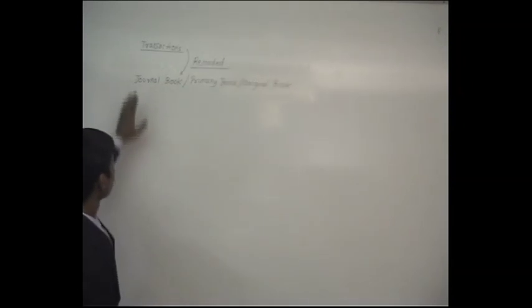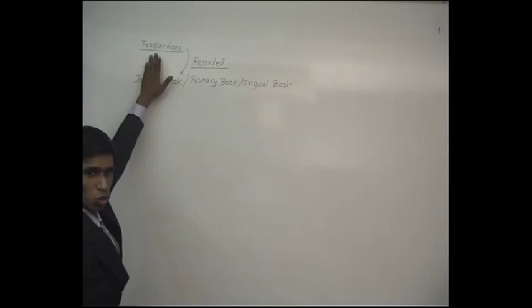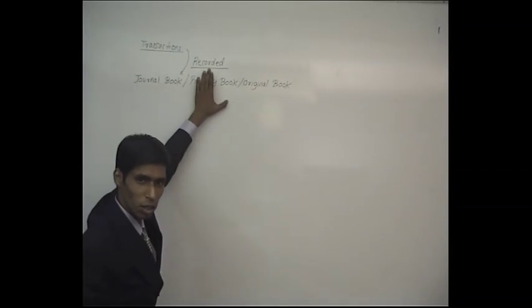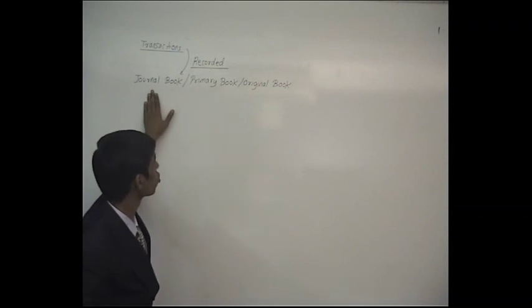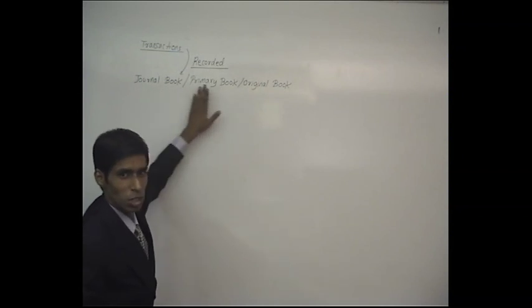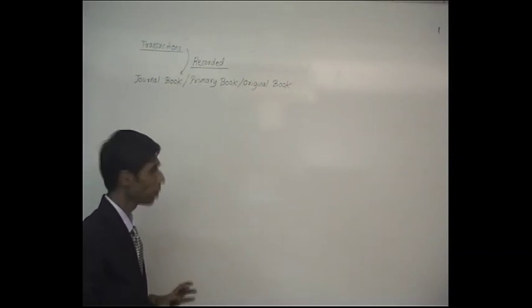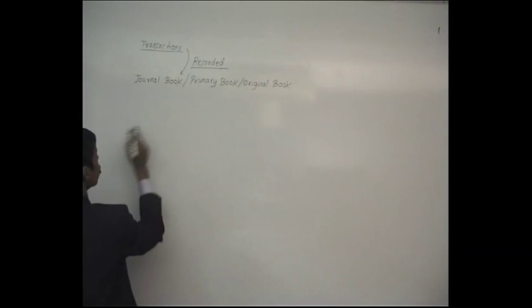Okay. So what will be given in the transactions? What you are going to do with transactions? You are going to record it. Where you are going to record it? In journal book. Journal book means prime book or original books of accounts. Okay. When I am talking journal book,